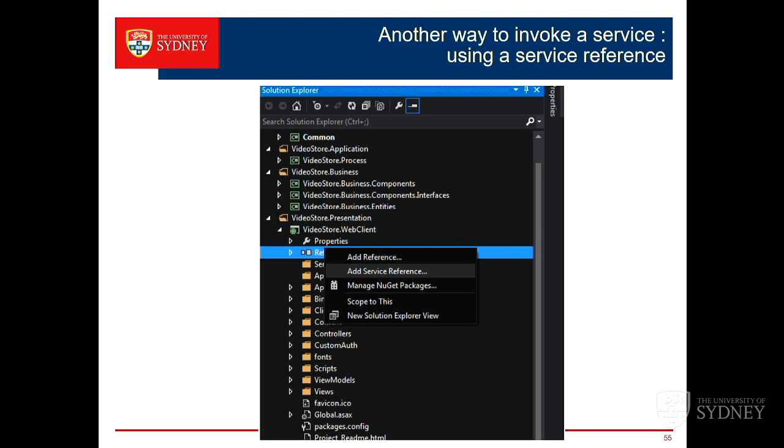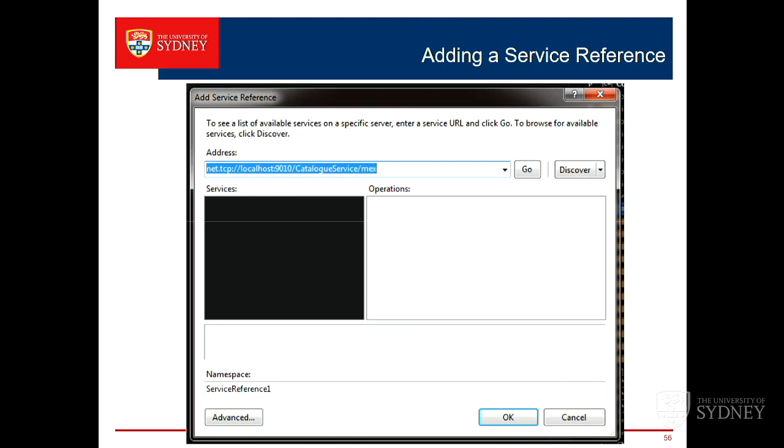So if I have a service running somewhere, and I know I want to go and invoke that service from Visual Studio, I'm in this client, presentation layer, in my web client, I say add service reference, I click on that, and it comes up and says I can either go discover if it's all inside the same solution, and it will go and look inside my solution for all the services I've defined, just go and search for the appropriate interface and say, oh, here's what services you have, or I can go out to a network and look for it.